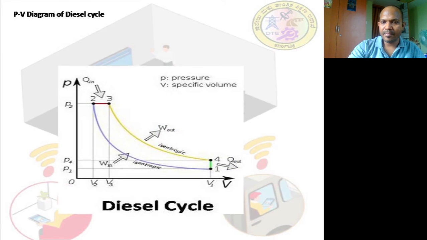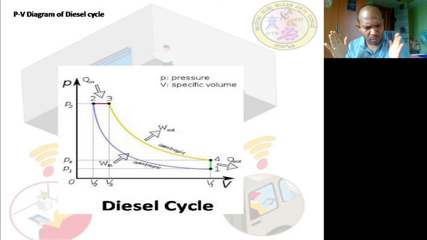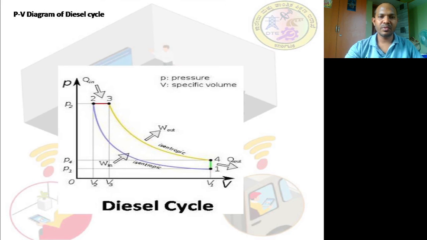If you see this, the volume, the temperature is more and the pressure is also more over here. Why? Because we are compressing around 20 meter cube of fuel into 1 meter cube. The compression ratio is more. That means whenever we compress more and more, the higher the pressure and the higher the temperature will be achieved. So that ends with the compression at point 2.